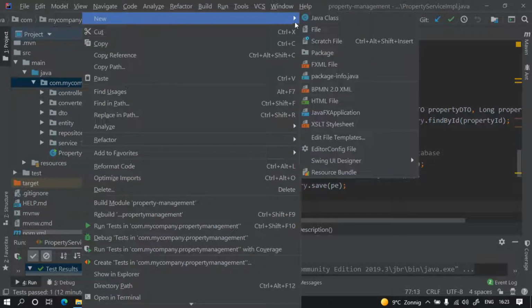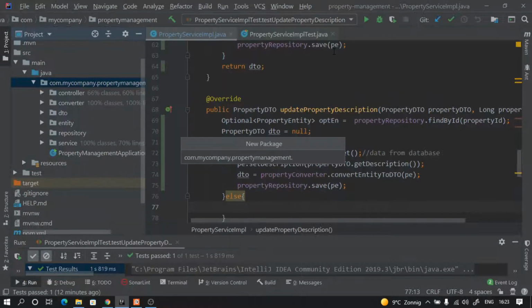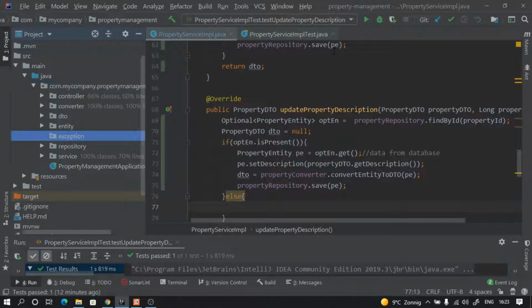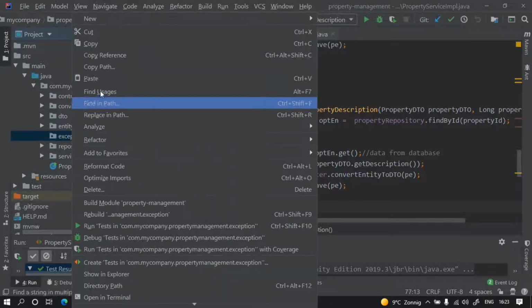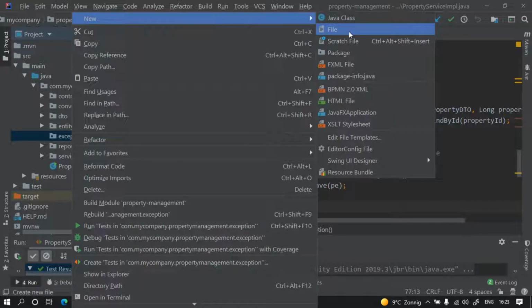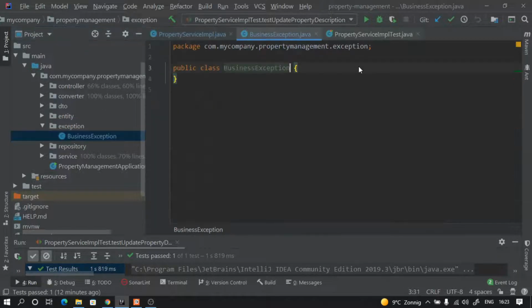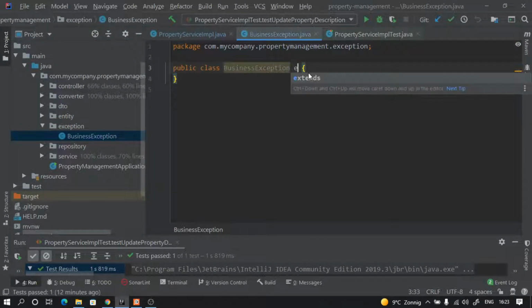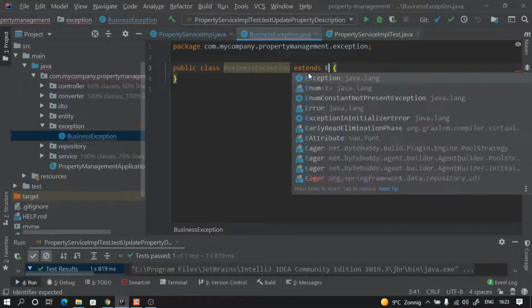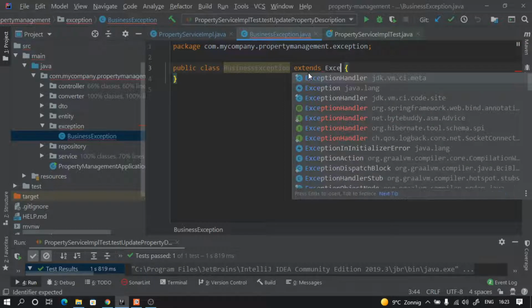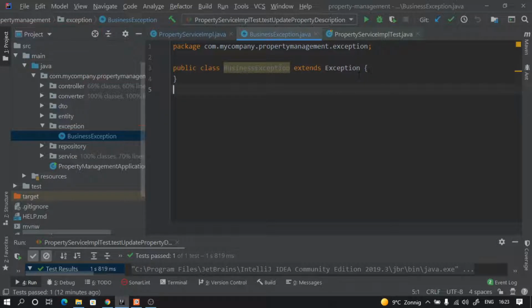So I'm going to create a new package called exception, and I'm going to create an exception class here called BusinessException. So I'm going to say BusinessException, and this is going to just extend Exception, and I'm going to just keep a message here saying